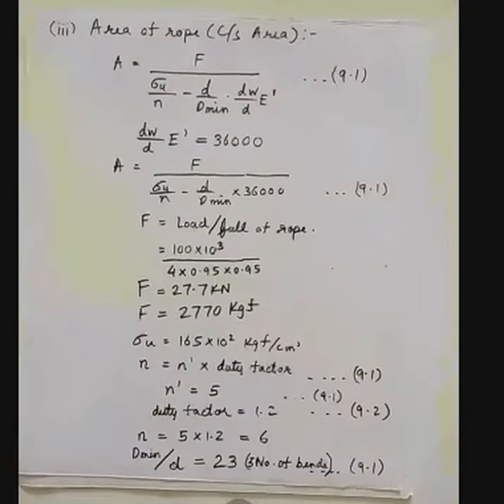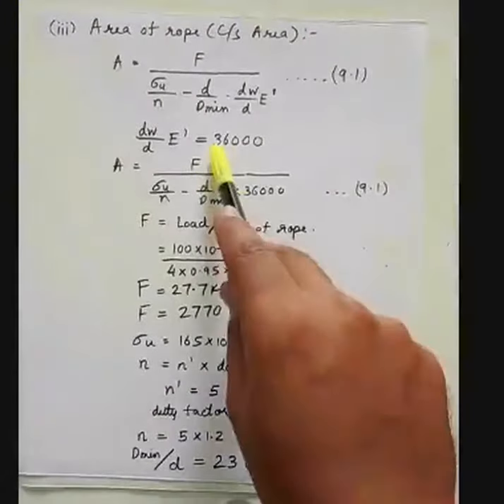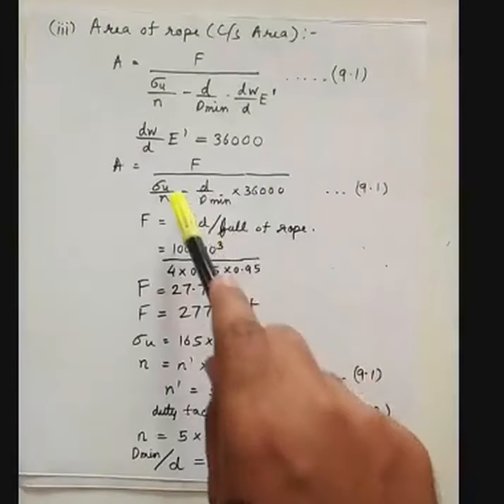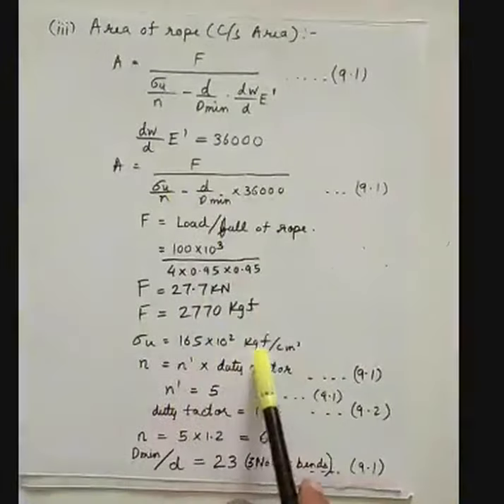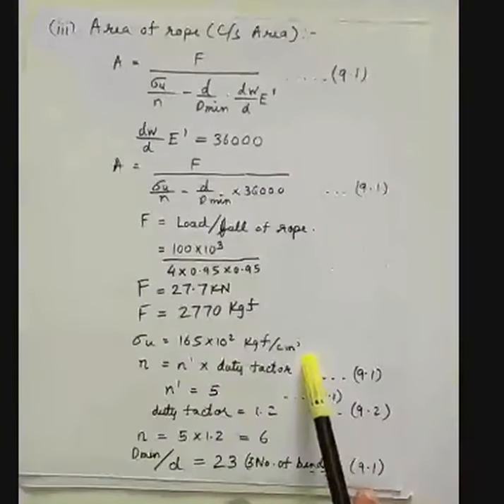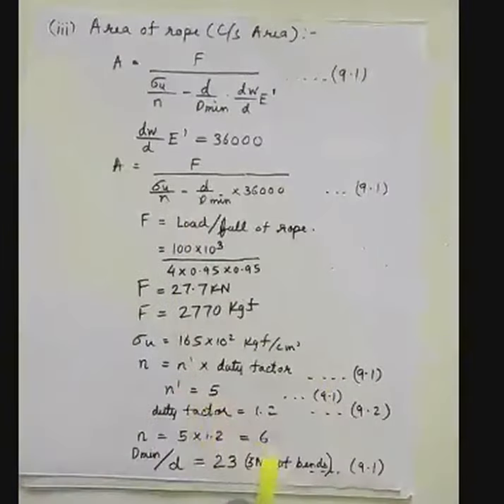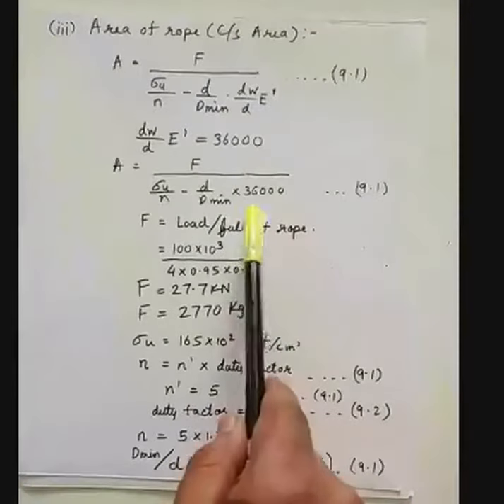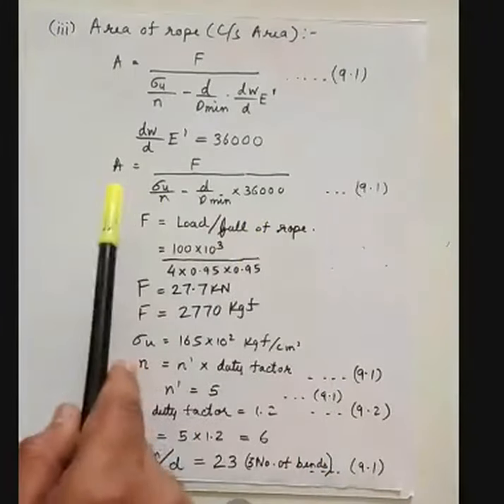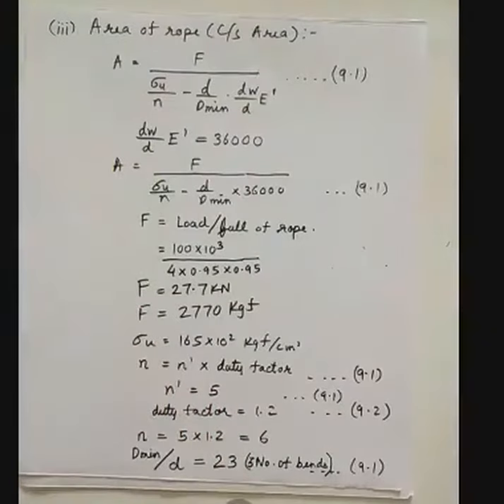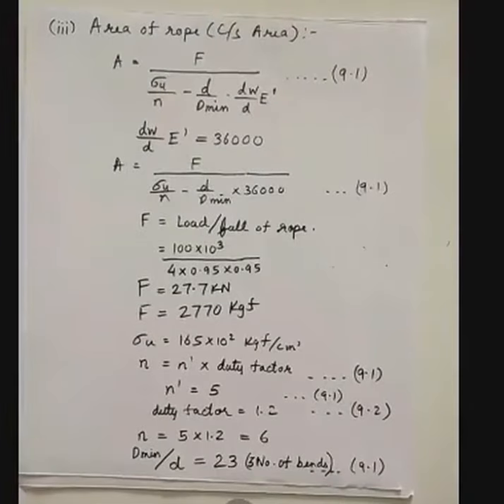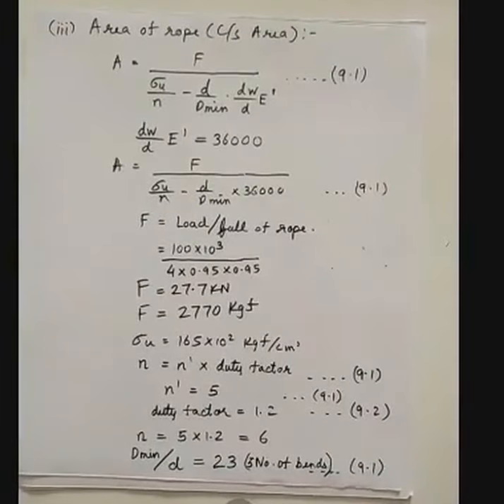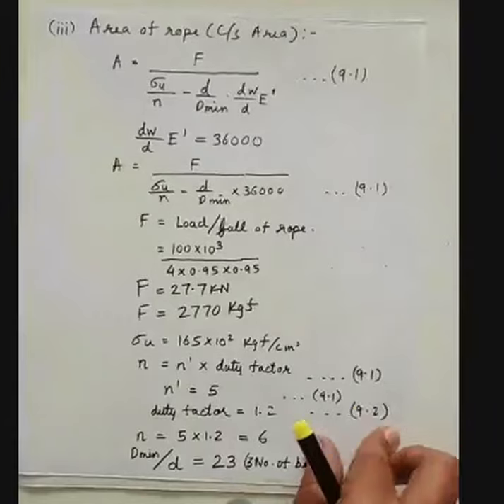Now everything is with us. We have the value of F in kgf, the value of sigma u in kgf per centimeter square, the value of factor, that is 6 without unit, and the ratio 23. This ratio is opposite, so we will write 1 by 23, and this is a direct numeric value. So you can get the answer of area in centimeter square. Will you be able to do that? Substitute all the values and let me know what area you are getting in centimeter square.